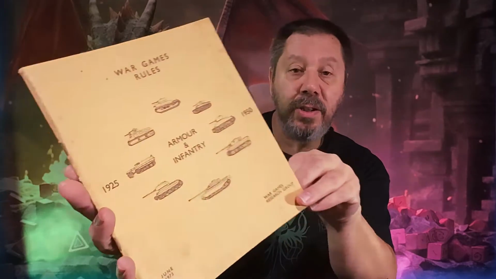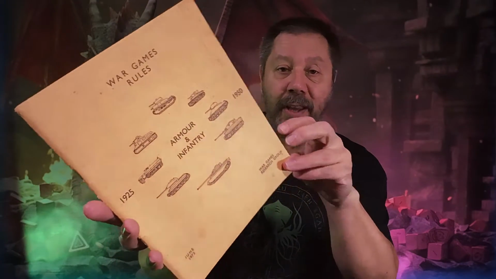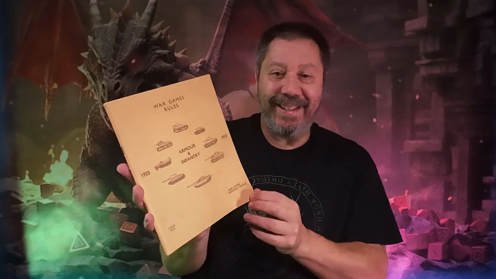And the rules we used for quite a few years for 20mm or 25mm were the War Games Research Group, Armour and Infantry, 1925 to 1950. This is the 1976 edition, so a venerable rule set, and we had a lot of good games with that rule set, I remember. Later on, when we scaled things up in terms of battle size, we moved to 1/300th,